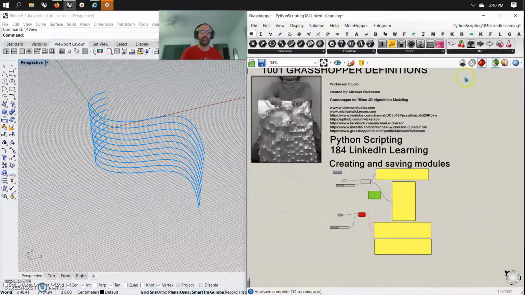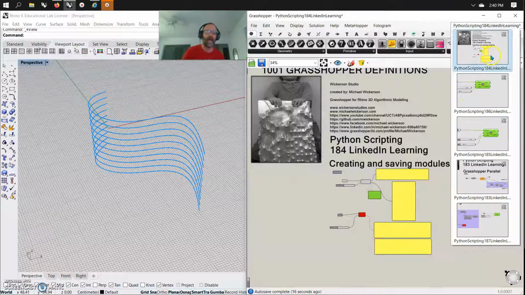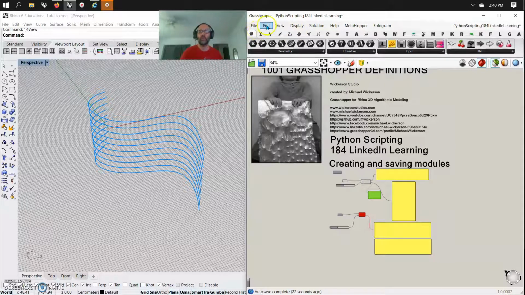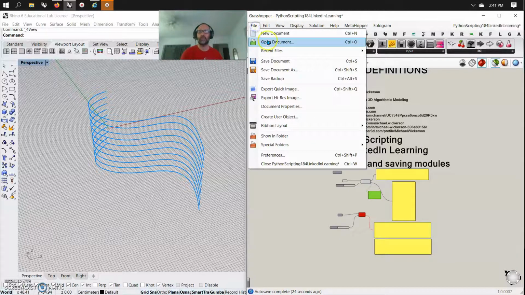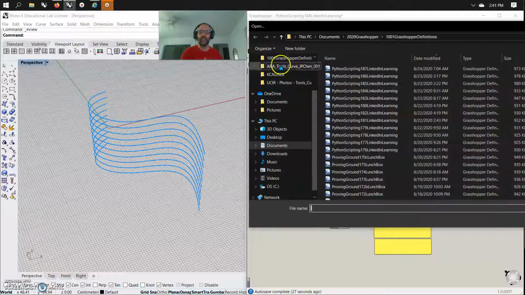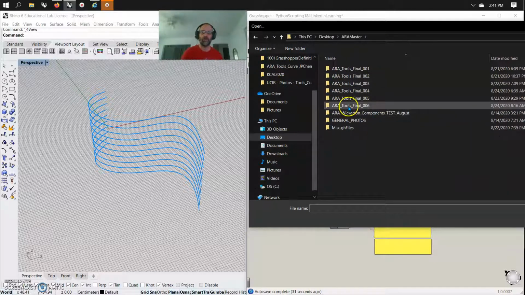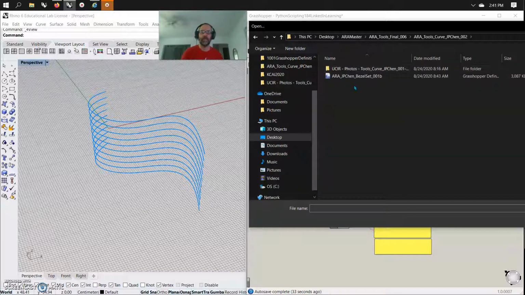That's the one thing I'm doing now. Totally aside from all of that, Python scripting, I am actually also into, let me get in here and grab it, open a file. I am dealing with a challenge I've set myself through ARA, and I'm jumping in and taking a look at PJ Chen's, sorry,